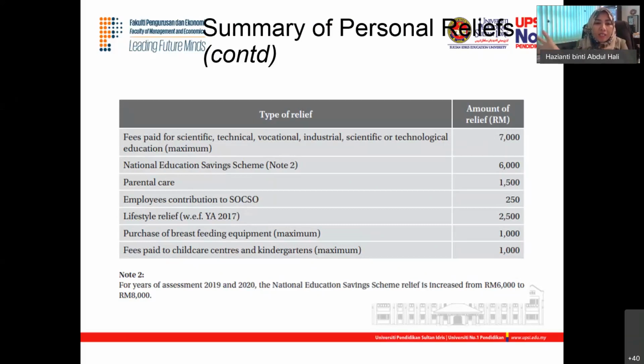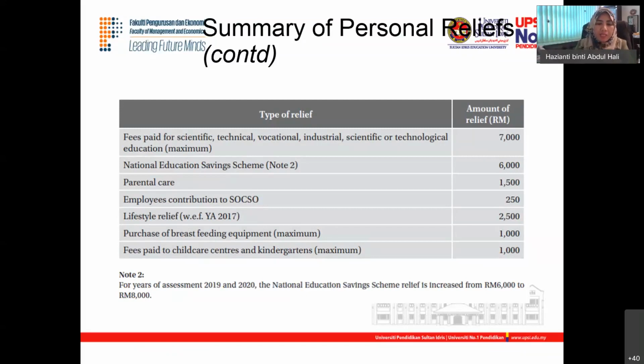Yang tak ada, ini kalau court lah, kalau voluntary tu lain lah. Kalau voluntary tu dah memang berjanji, okay, anak ni husband ambil, anak ni wife ambil untuk relief. So even though dah bercerai, tapi kita tengoklah custody anak tu dengan siapa. Orang tu yang boleh claim relief, sebab dia yang maintain anak tu kan. Sebab konsep dia macam ni lah, siapa yang maintain anak tu, orang tu lah yang claim the relief.